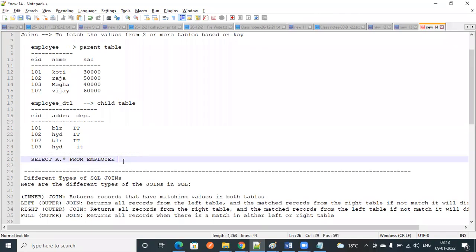EMP also you can give. Instead of calling employee, we are just going to call EMP. That's why we give an alias name. Even in your names there are some nicknames, right? The same thing like that.